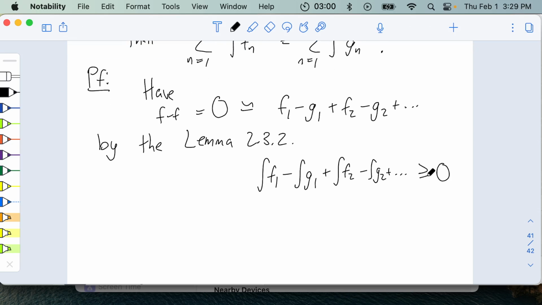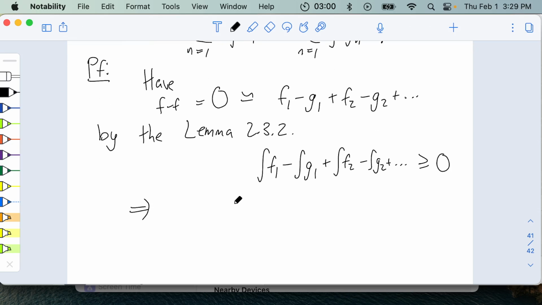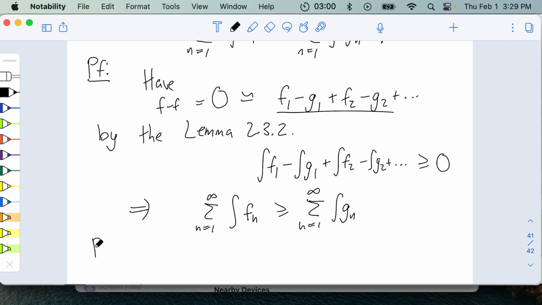And therefore, the integral of the fn's, when you add them, n equals 1 to infinity, is bigger than the sum n equals 1 to infinity of the integral of the gn's. So the integral of the fn's is at least as big as that of the gn's. And that was, again, using the fact that this alternating sum is greater than or equal to 0, because it actually was 0. But by the same argument,